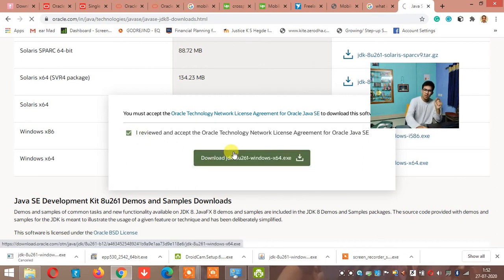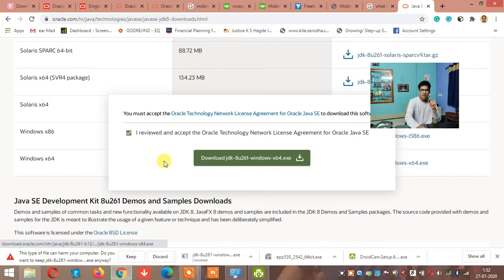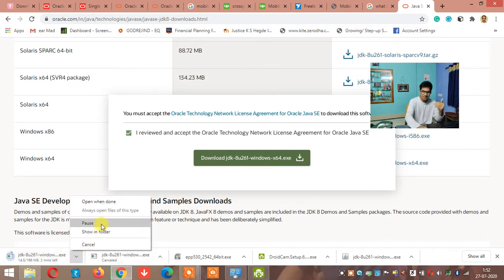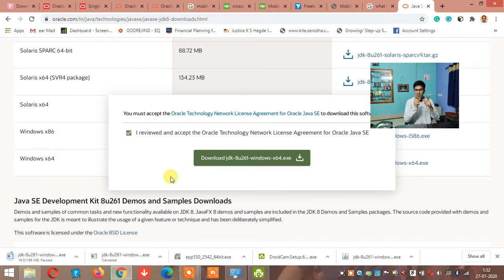Now if you are downloading for the first time, you will be required to sign in to Oracle. Now it is telling me to allow the download, I'll tell it to keep this file. It will download 160 MB. I'll cancel it because I already downloaded. What I'm trying to tell you is, if you're doing it for the first time, you'll get a pop-up screen asking you to sign in to Oracle. You have to sign up because it's your first time. Put your email address, sign up. Then you will be able to download the file.